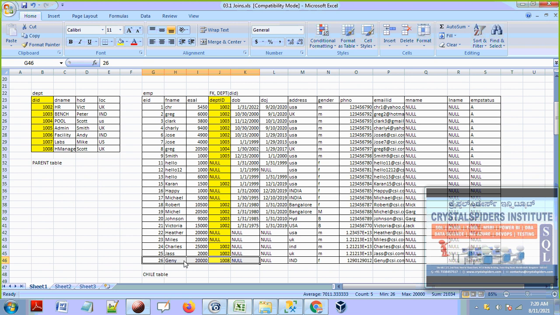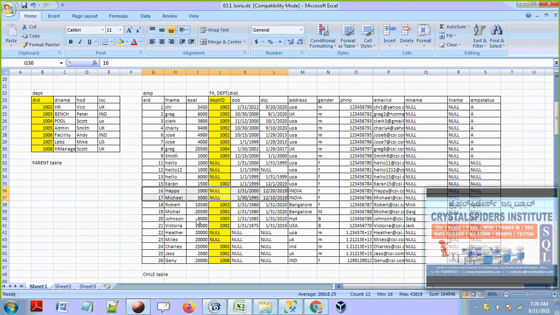So this is what, guys, joining. When we are joining 2 tables, the DEPT table and the employee table, we have to specify based on which columns we are going to join the data. We have to specify, take the DID column from the DEPT table, take the DEPT ID column from the employee table. Take these 2 columns. Wherever these column values are matching, join those records. If not matching, simply ignore that. That's it. See, these employees are not matching with any department, so it will ignore.